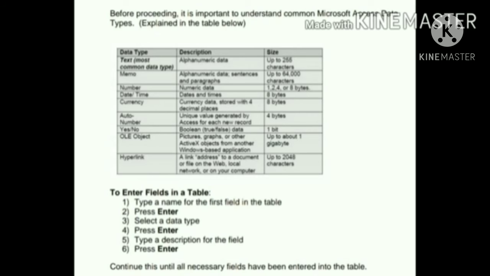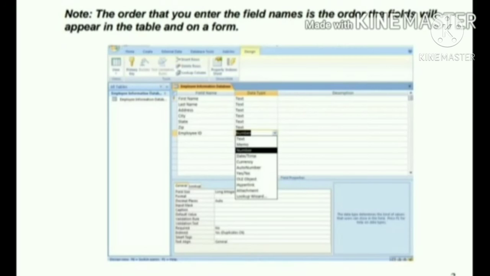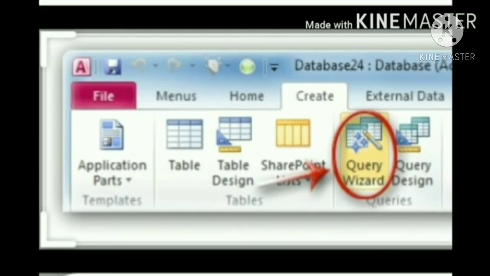Continue this until all necessary fields have been entered into the table. The order that you enter the field names is the order the fields will appear in the table and on a form.